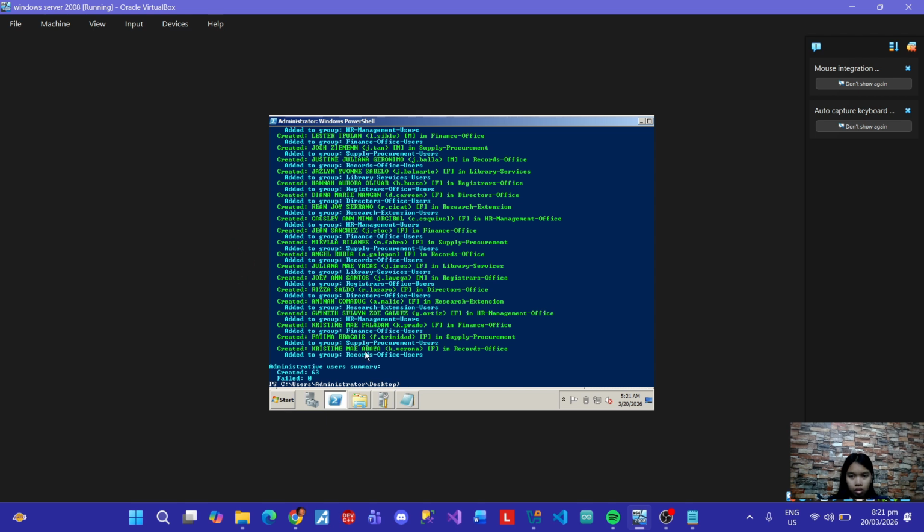So it is created. And after that, for the last is the adding computer to the organizational units.